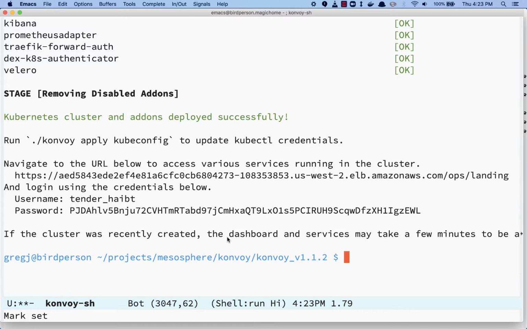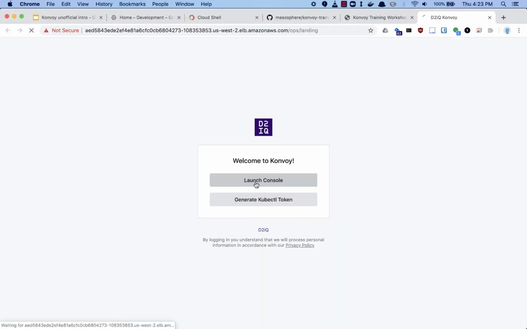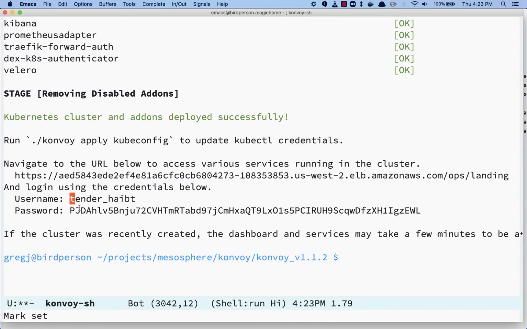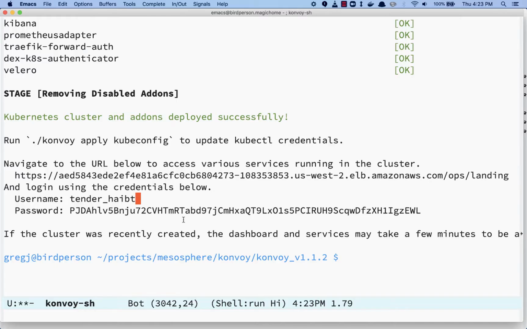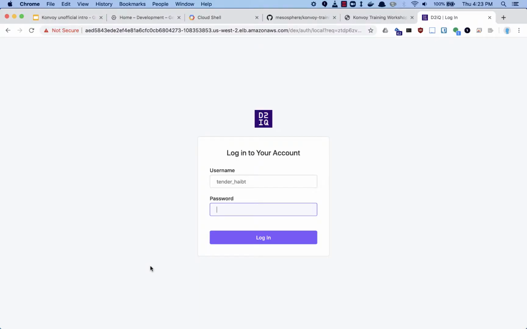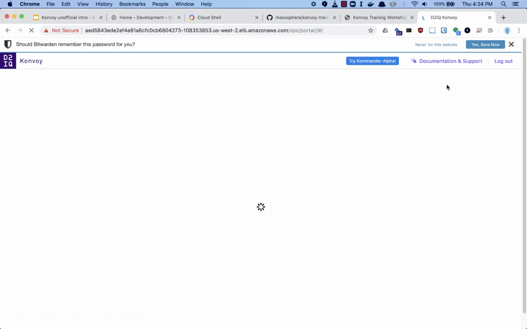So what we're going to do is immediately go and check out that cluster that it created, and we'll do that by bringing up this URL and launching the console. I feel it's fairly safe to have this logon information here because although this username may be reproduced at some point, this password is highly unlikely to ever be reproduced again. So we'll log in,